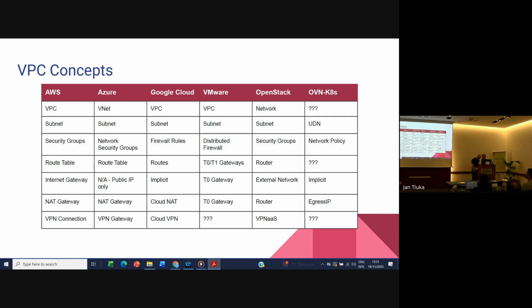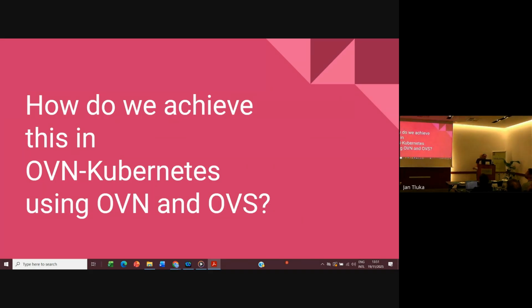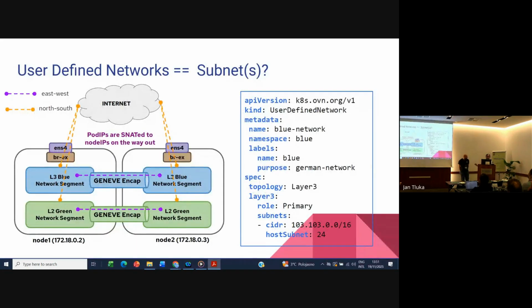Okay, so I'll actually take this a level deeper and show you how we did this in OVN Kubernetes, and I will go deeper into what a UDN is. We got some questions on what that network looked like in the previous talk. Maybe this talk should have been before the previous talk, but let me touch a little bit deeper into what Dave was mentioning about a subnet. So everybody knows what a subnet is, a CIDR block. In VPC modeling, we can somehow parallelize a subnet concept with what we have in UDNs, which currently is one subnet that you see right here.